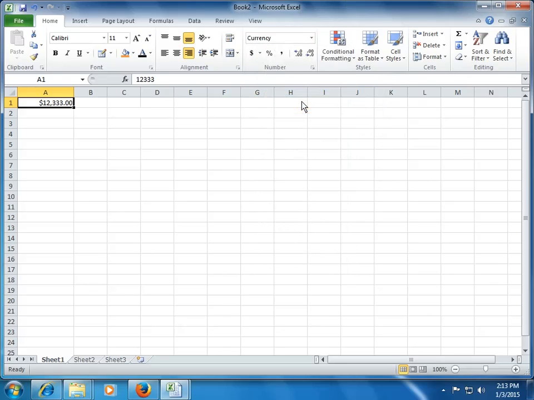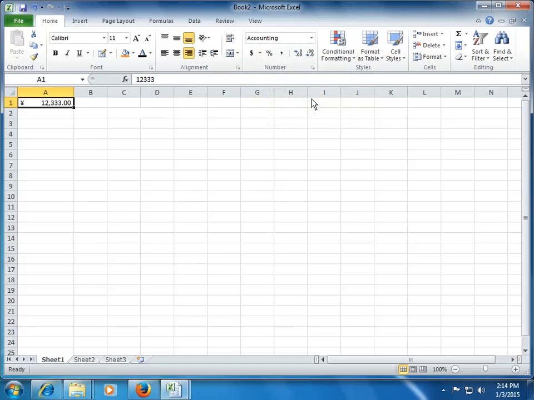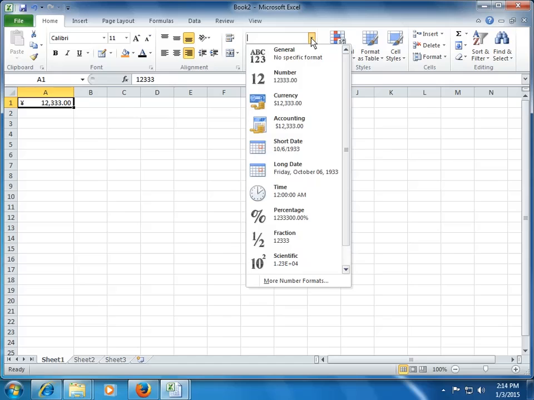Now after number format, we have something called currency format. What currency format does is add the currency denomination, which is by default dollar, but you can change it to pound, euro, Chinese yuan, etc. Right? The third format which we are interested in is the accounting format, right?